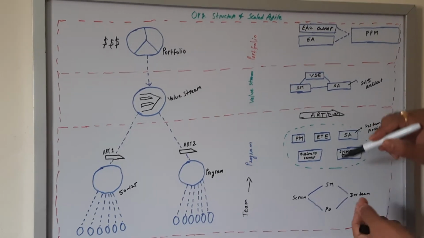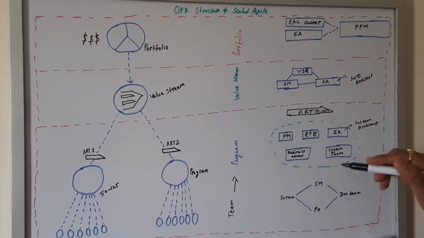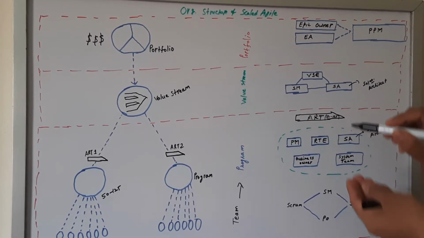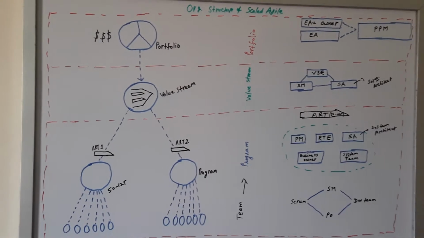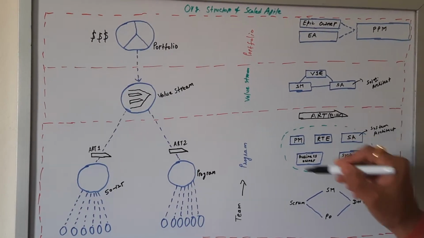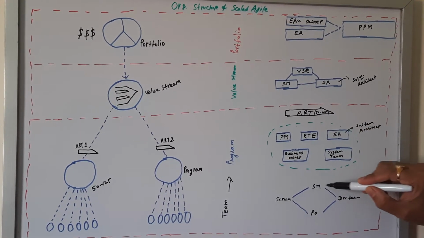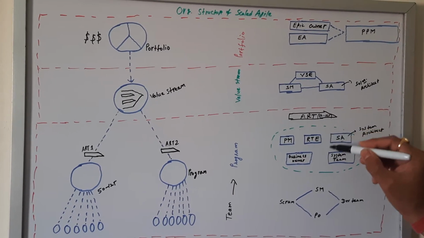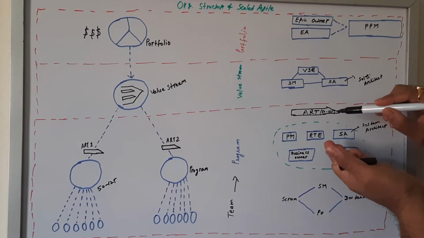Now, as we have a Scrum Master at the development team level, with a small team size, in the same way this Scrum Master is scaled up to the RTE, known as Release Train Engineer, or sometimes called Chief Scrum Master. So what is the role of this RTE? The RTE will coordinate with all the Scrum Masters at the different team levels and facilitate all of them. So it's a scaled version of the Scrum Master.